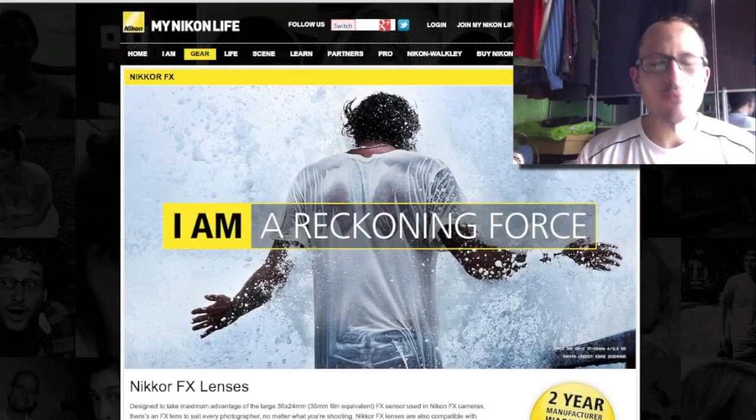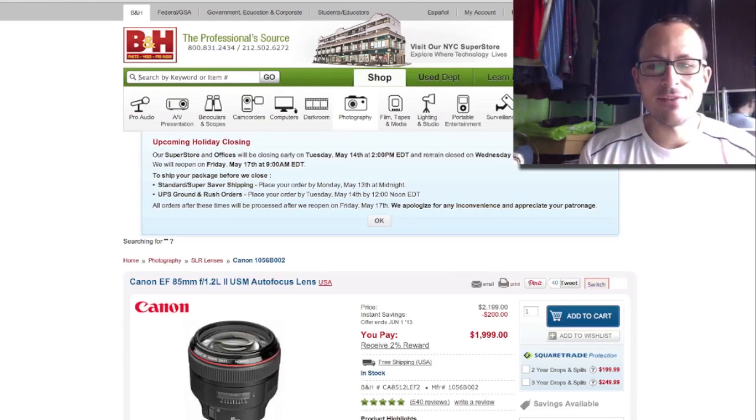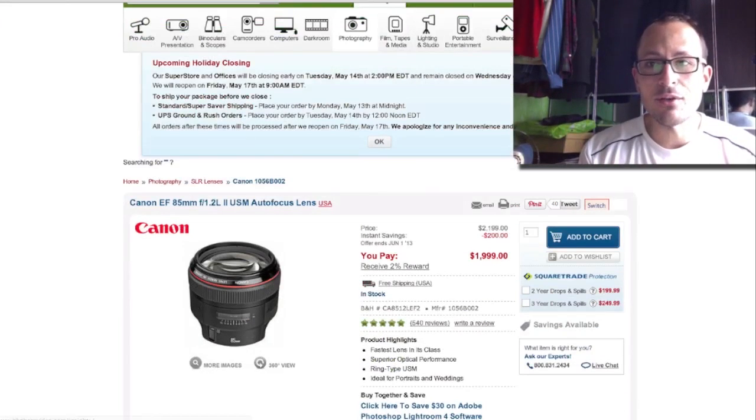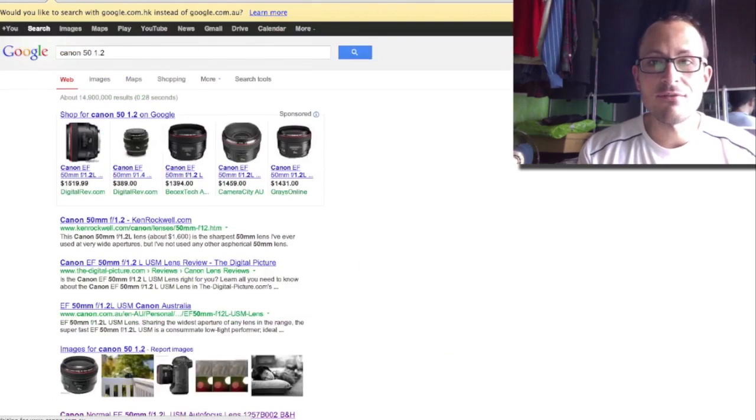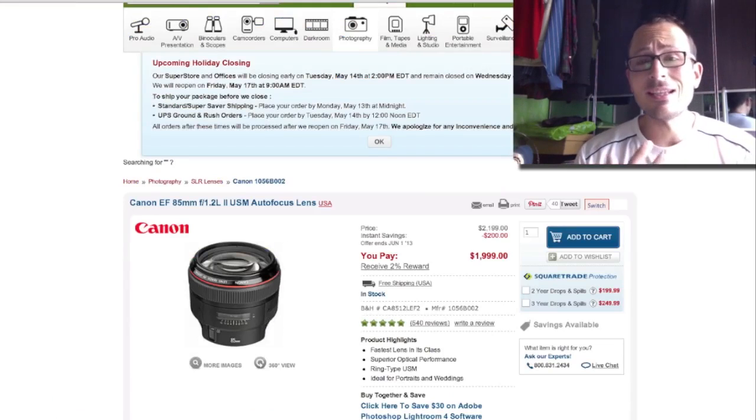2.8 is just so mundane, right? f2, 1.8, even 1.4, they don't really cut it. 1.2 is where the real geeking out happens. Canon famously have their fantastic 85 1.2, and they have a current production 50mm 1.2 as well. But Nikon don't really. I mean, I own what I think is the only current 1.2 that they're currently making